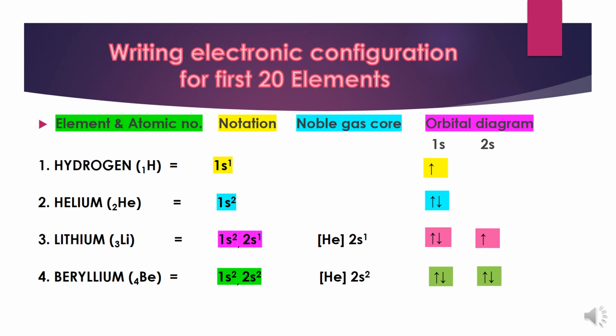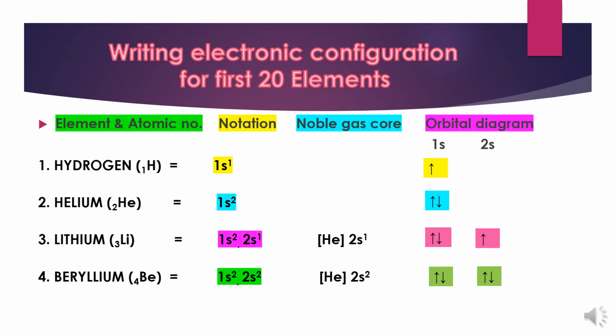In this, you can also show this arrow as downward. Means एक electron आप किसी भी spin में show कर सकते हैं. But if 2 electrons are there, then you must show them with oppositely directed arrows. Helium, atomic number 2, 2 electrons. The second electron will also enter 1s because each orbital can hold 2 electrons. So now the orbital diagram will have 2 electrons but with opposite spin. Next is lithium. The third electron will enter 2s according to Aufbau's principle.